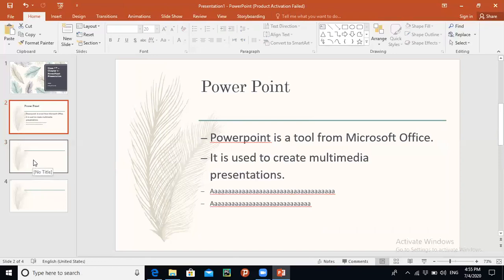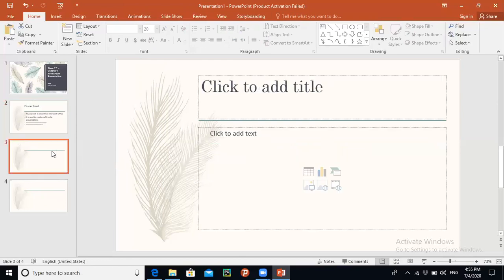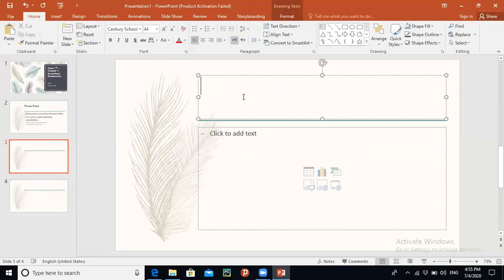Now I am going to add some text on the next slide as well. This is slide number 3 again. I am going to add some heading and some text in this slide as well. Practical from PowerPoint.